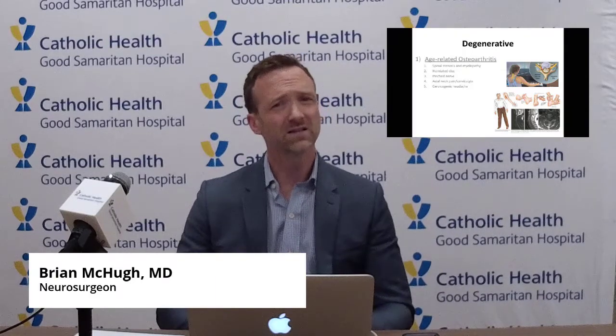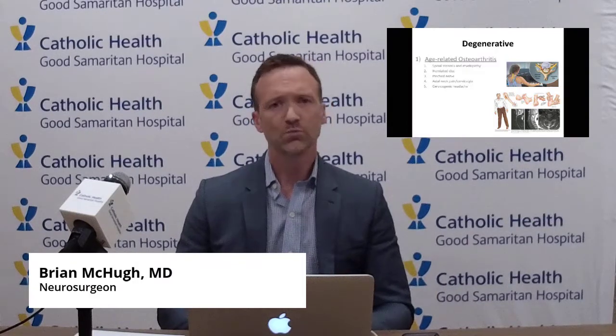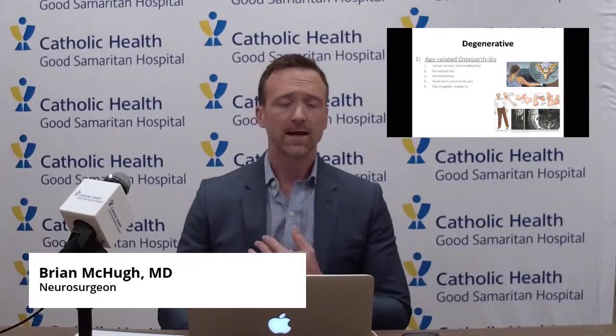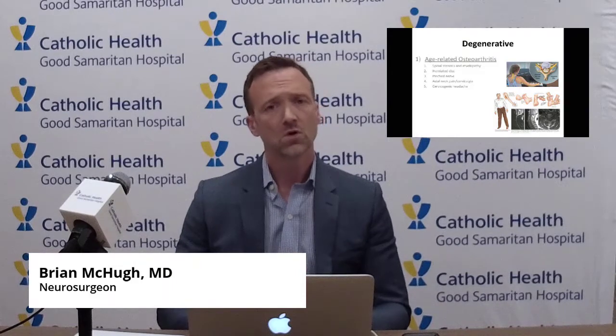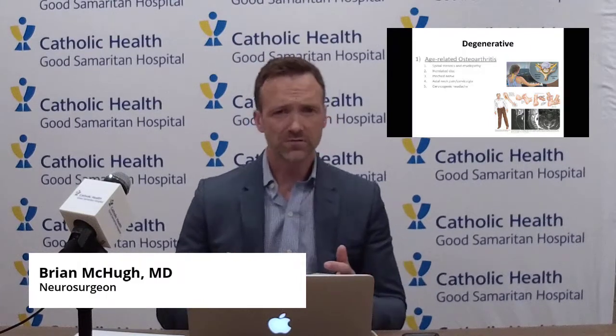So in that mid part of the neck, the subaxial region, what most of us think of as the true neck, that's where we get a lot of degenerative disease and arthritis, and that's really just a general wear and tear type breakdown of the soft tissues in the neck, like the discs and other cartilage structures, similar to knee arthritis or hip arthritis. The only difference with the neck is when that happens, if the discs bulge or little bone spurs form, they can press on the nerves or press on a spinal cord and cause shooting pain down into the arms, or general spinal cord dysfunction, which we call myelopathy,